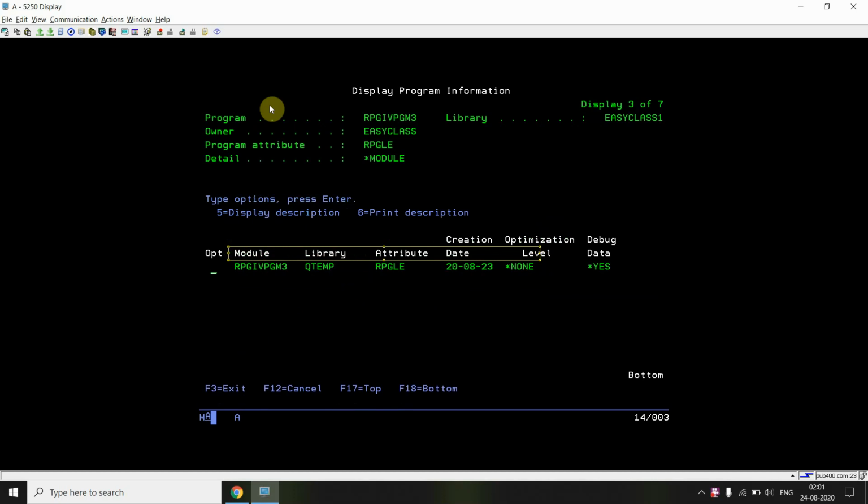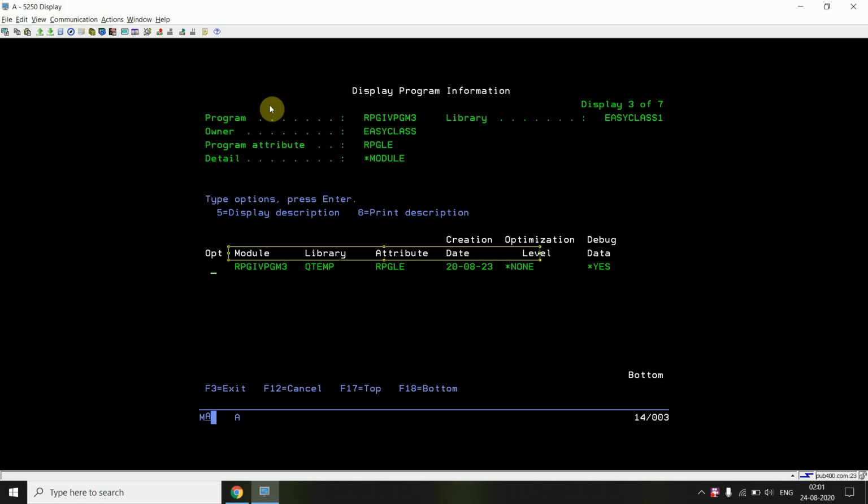What is the difference between the ILE program and this OPM compatible program? For the RPG4 ILE program, we create a separate module object for the RPG ILE program, then we create a program or a service program from that, and that is a two-step process.